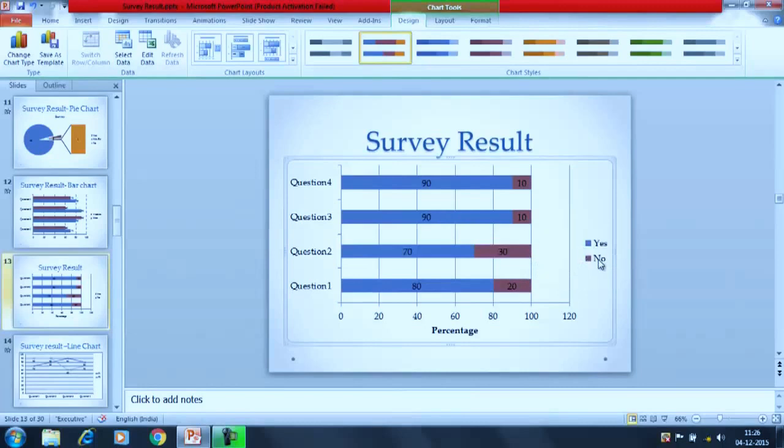We are showing yes and no values here. If you want, you can represent yes, no and maybe also here. Sometimes in the survey we get results like 90% of the users say yes, some say they are dissatisfied, and some are in between, like they said either the services are okay or they haven't used it. So if you want to show the three categories, then also you can do it in this chart.